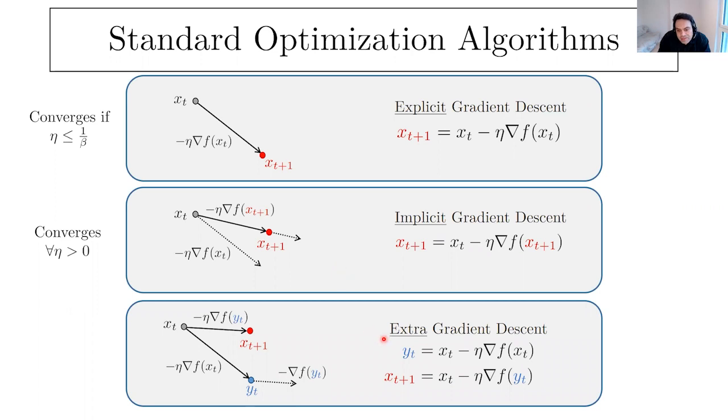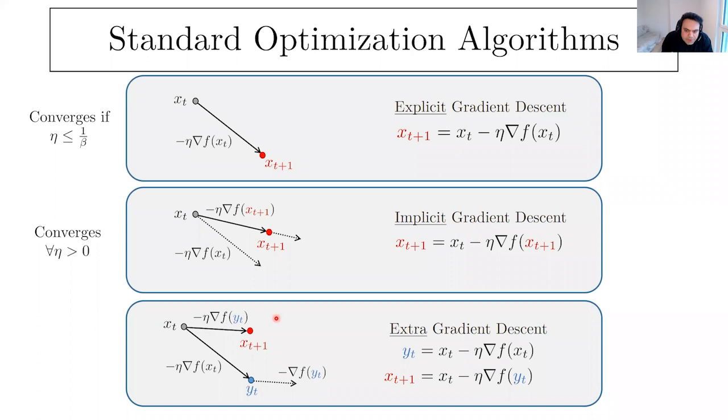And what does the extra gradient descent do? Maybe it's hard to read from the equation, but it's a very simple step: you are at this point, you take one step based on the gradient of the function that you are interested in, you go to the next step. Here you look at what is the gradient of the function, and you take your next step according to this gradient that you already observed in the next step. So in a way, this extra gradient descent hopes to reconcile this difficulty of the implicit equation by going one step and looking at the gradient here and taking it from here.